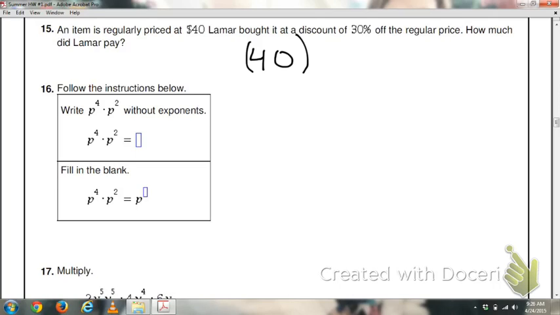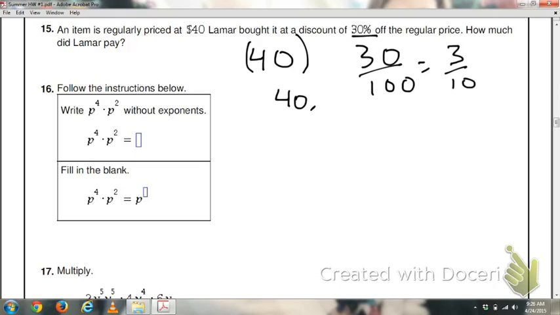Now, since we have limited use of a calculator here, I'm going to try to do this so we don't need a calculator. I can rewrite 30% as 30 out of 100. That's what percent means, right? Now, that fraction is a nice one to reduce, so I can change 30 out of 100 to just be 3 out of 10. So if I want 30% of 40, I can just multiply 40 times 30% as a fraction, which is 3